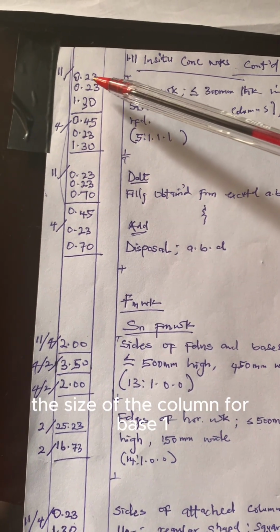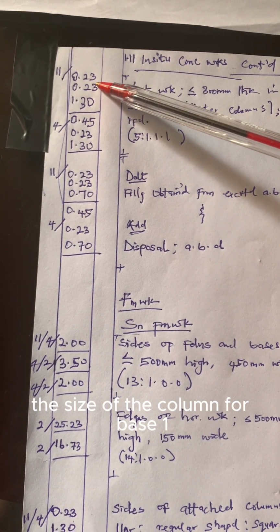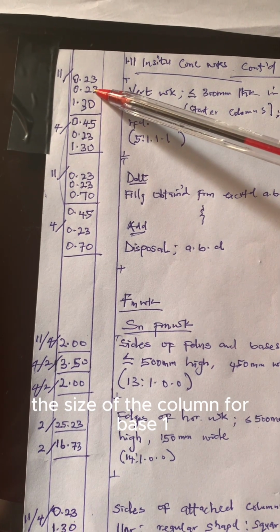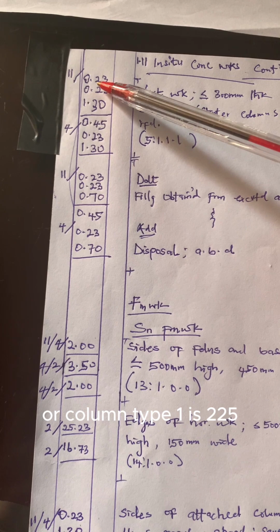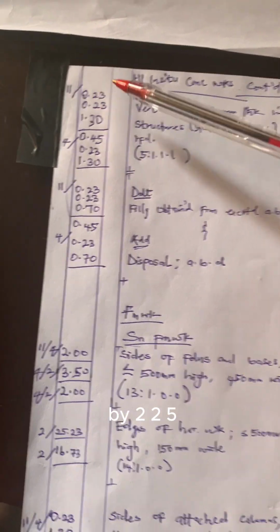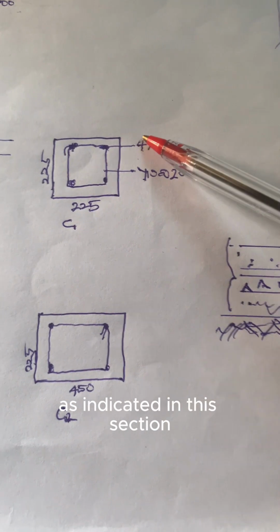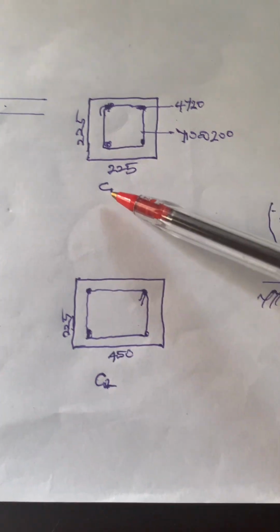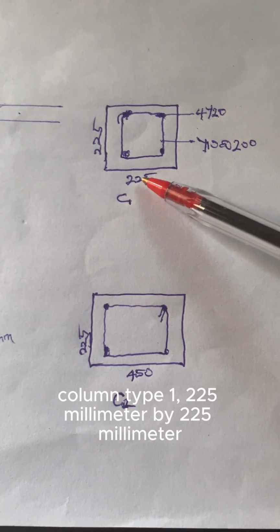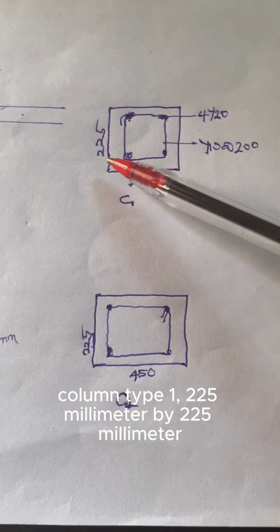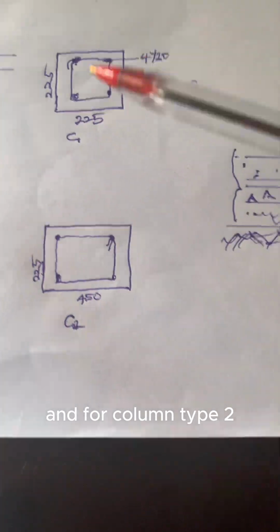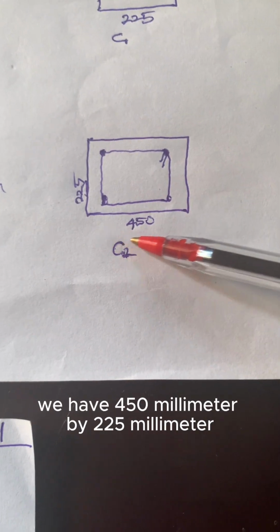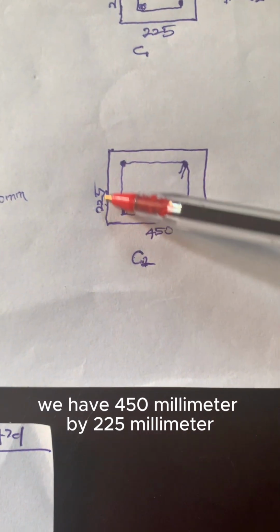The size of the column for base 1, or column type 1, is 225 by 225 as indicated in this section. Column type 1 is 225 millimeter by 225 millimeter, and for column type 2 we have 450 millimeter by 225